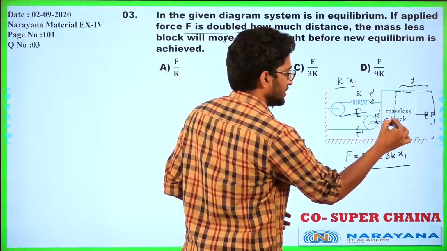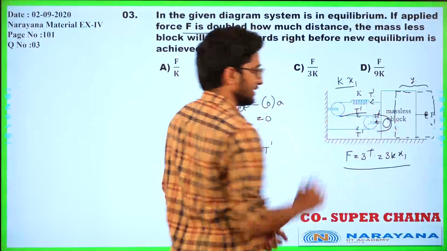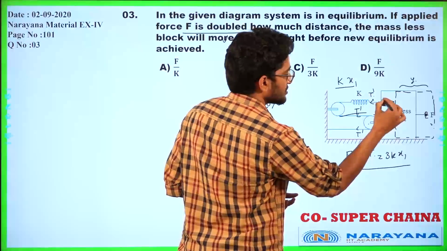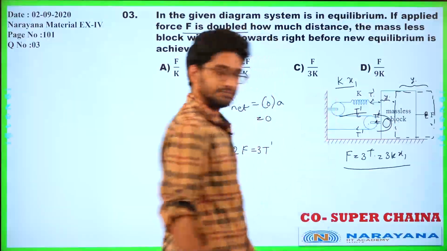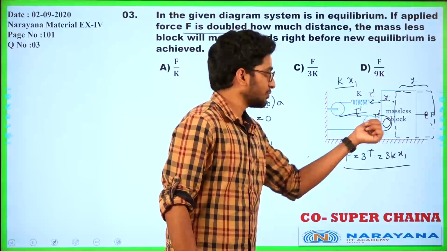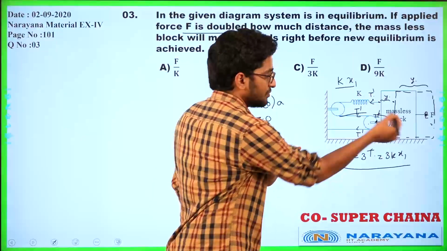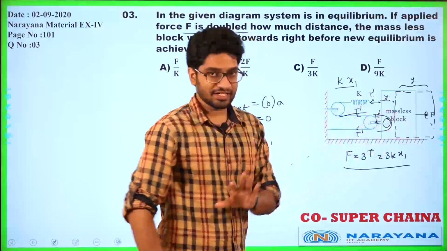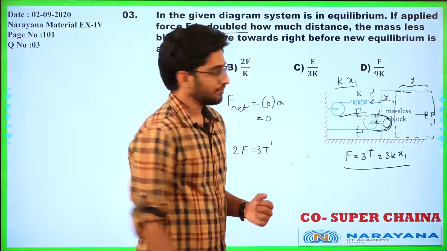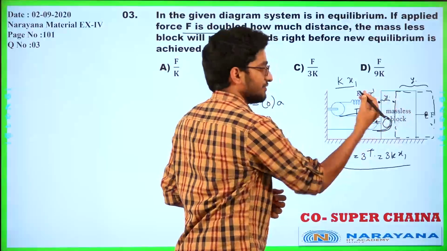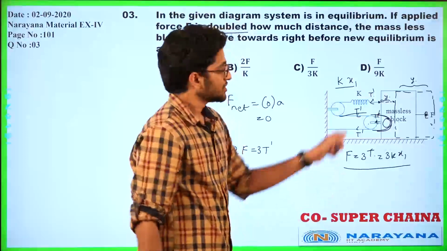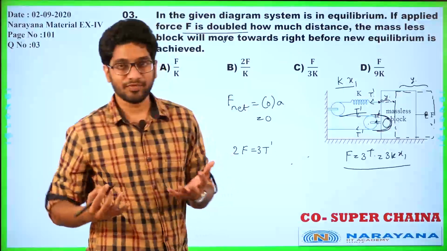So if the pulley moves by distance y, you need an extra thread of 2y here, right? Similarly, if this part is also moving from this point to this point, you need an extra thread of y here. So to accommodate the new position, if the pulley moves towards the right by a distance y, 2y is the extra thread required, y on the upper side, y on the lower side, right? And similarly, this point here also moves away by a distance y. So here also a new part of thread is required, y. So total 3y is required, but where does it come from?